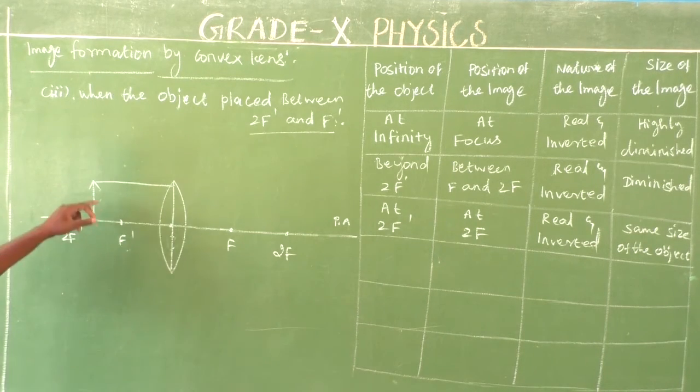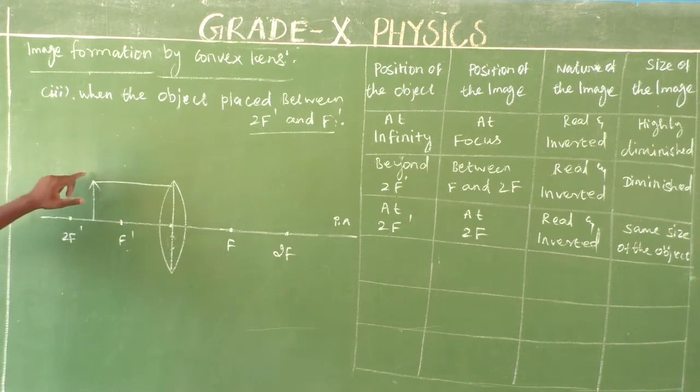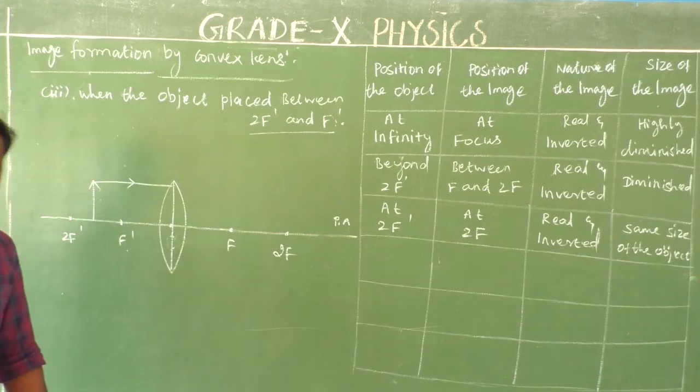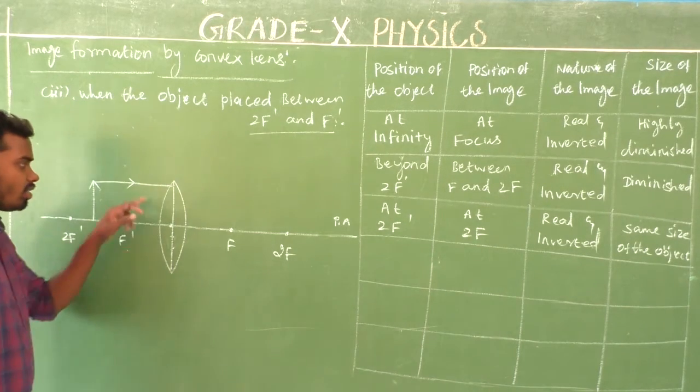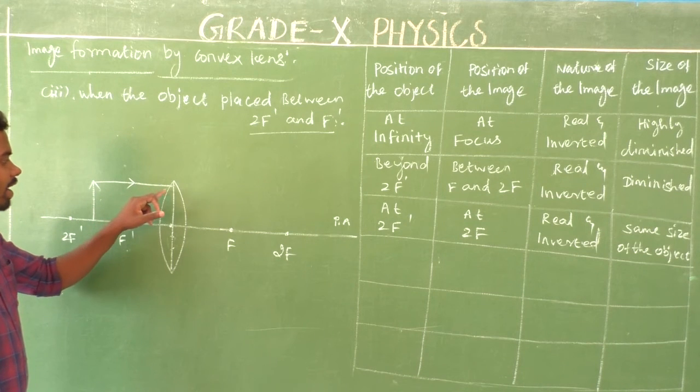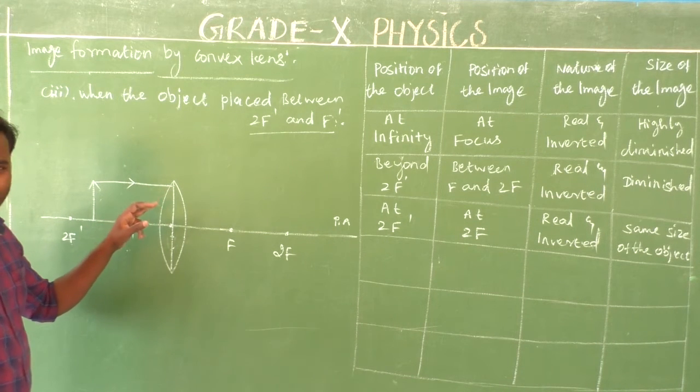Look here. Consider an object. Light rays are coming from the object. Consider a ray of light coming from the top part of the object. This is top, this is bottom. What ray is this? This is the incident ray. Is it clear? Yes. So this ray of light falls on the surface